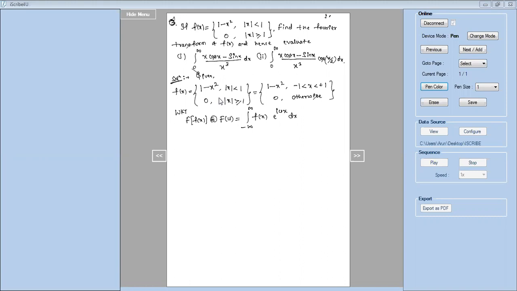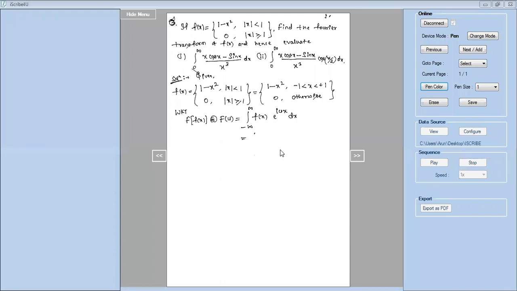Now here you know that this is the infinite limit, minus infinity to plus infinity. According to the property of definite integral, if you split this, I can write this as minus infinity to the first point, minus 1, then minus 1 to plus 1, then 1 to infinity. Even though you split, the function exists only in the interval minus 1 to plus 1. So all other integrals become 0 except in this limit, minus 1 to plus 1. So straight away I'll replace this infinite limit by the finite limit of the problem.